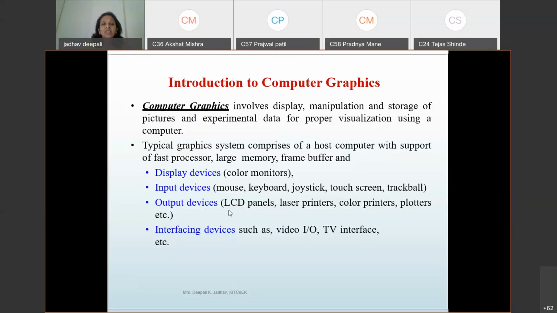Now see, all these things we are using in our day-to-day life. It is not a new thing that you are studying, but we are going to study how all these work. We know it. We are using the LCD plasma TV in our homes, correct? LCD TVs, big LED TVs. Then we are using color monitors everywhere in the laboratories also. Yes, your laptop has a color monitor. You are using a mouse and joystick, but here we are going to study how it actually works.